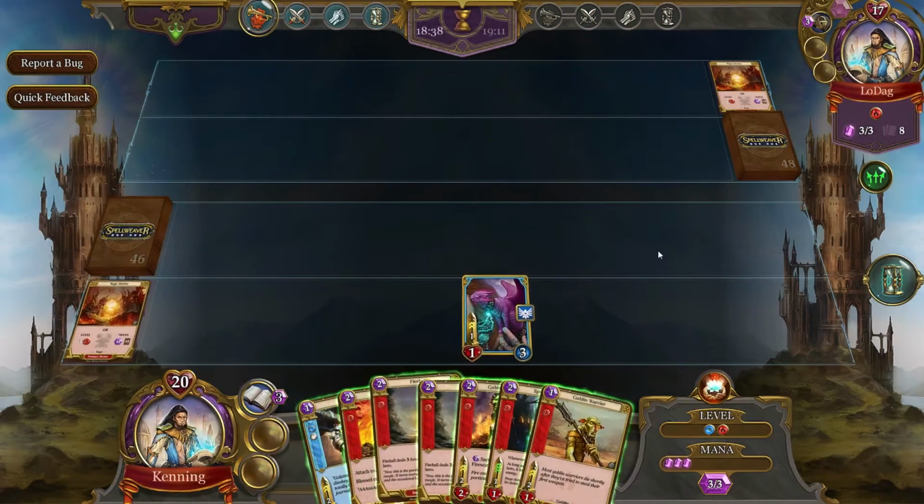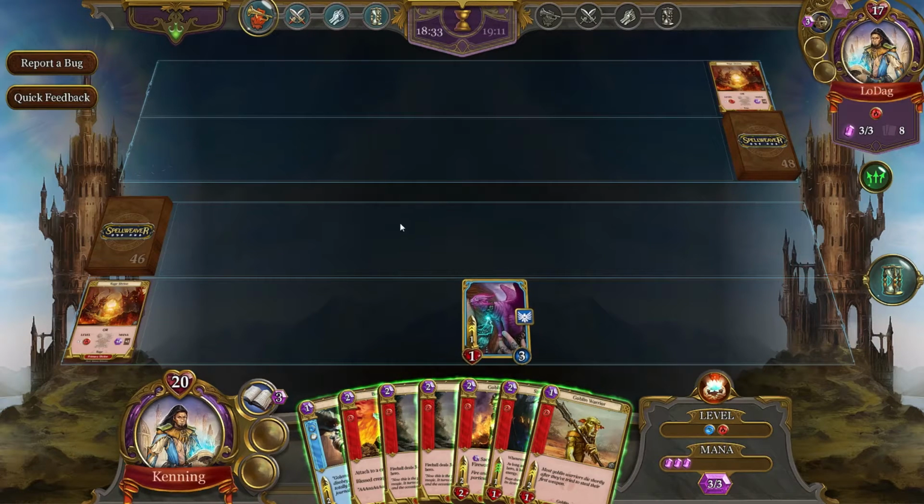And we're going to draw into another Fireball. Do we want to save the Fireball? Not just yet, because he doesn't have anything on the board. So we don't need to hold back 2 mana at this point, which means we can play... I want to be as mana efficient as possible. So let's play...